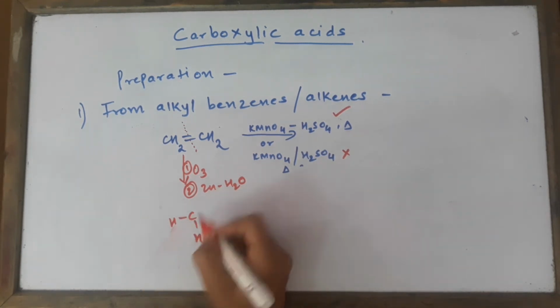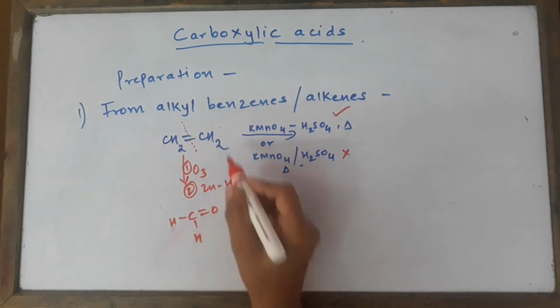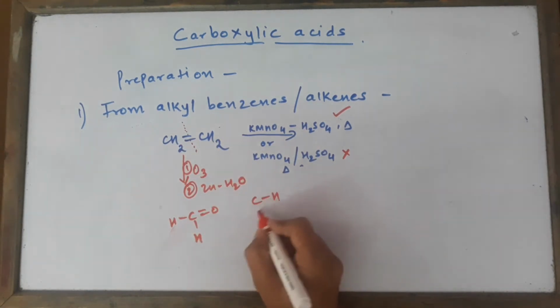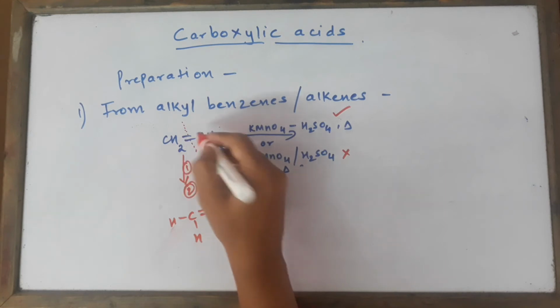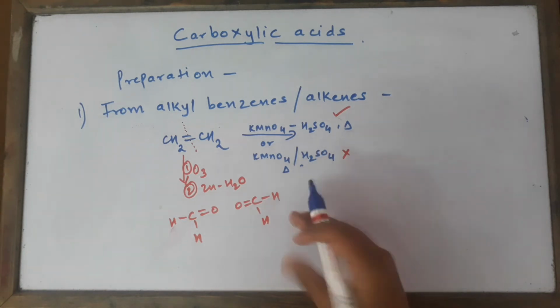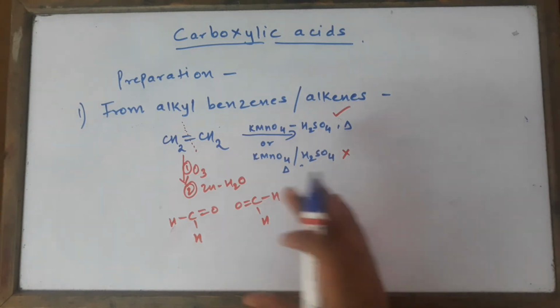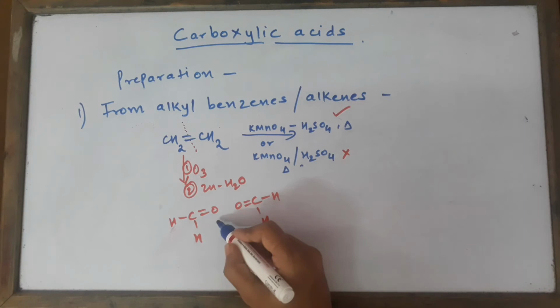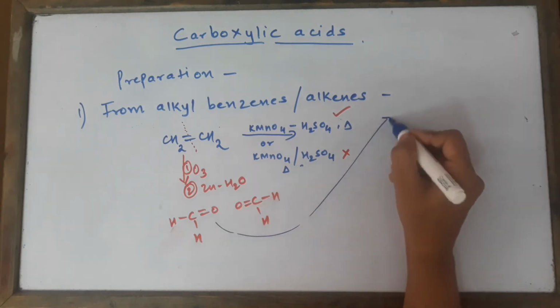So we had got something like this, just focus here. We'll be getting CH2, double bond O. From here also we'll be getting CH2, and wherever the double bond was, you're just going to get double bond O. The same kind of reaction is happening here also. The difference is that here the reaction will proceed further ahead. So one step ahead you have to think now.